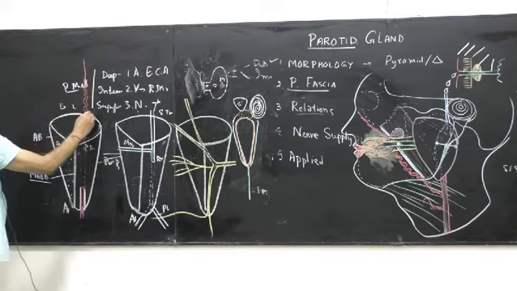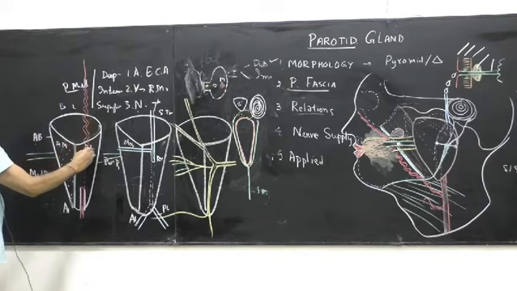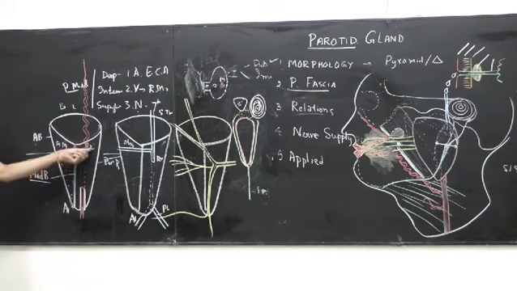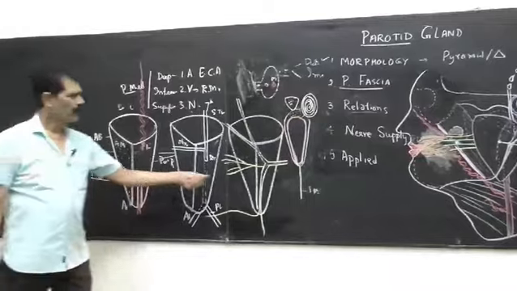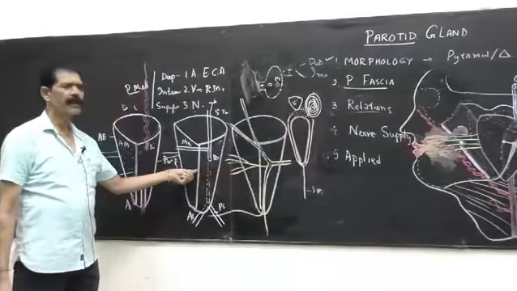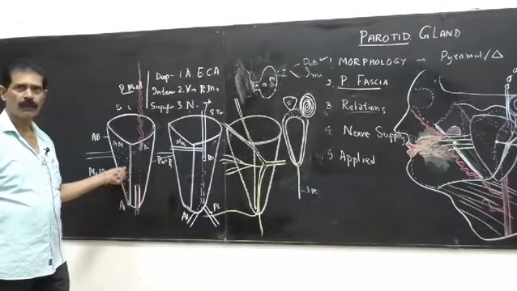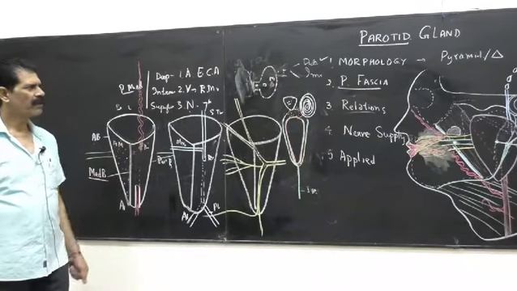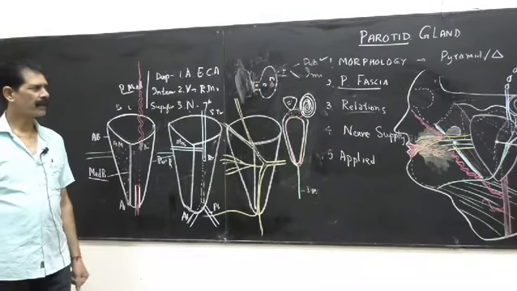Tortuous, so it comes out of the posterolateral surface. Dotted means it is inside. So inside the gland it divides into two branches. So you have to make correctly the diagram of how it is related to the artery. So superficial, intermediate and deep position. So three diagrams are a must whenever a question of the parotid gland comes.